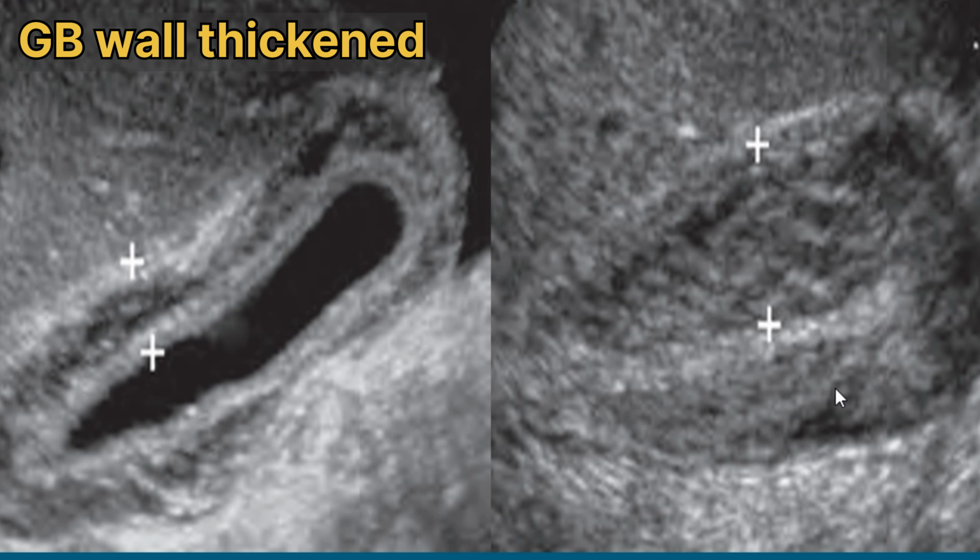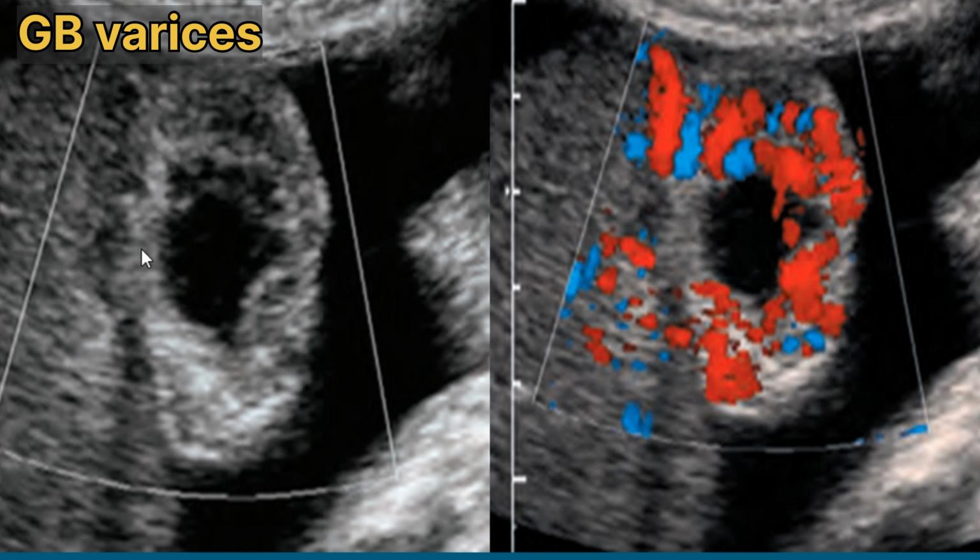hepatitis. In this patient with hepatitis, the gallbladder lumen is completely contracted, and the opposed mucosal layers are seen as a thin echogenic line in the center of the gallbladder. Now here we can see gallbladder wall varices. This is the transverse grayscale image of the gallbladder showing the tortuous looking gallbladder vessels. This is the color Doppler view of the gallbladder wall thickening that is secondary to diffuse gallbladder wall varices.